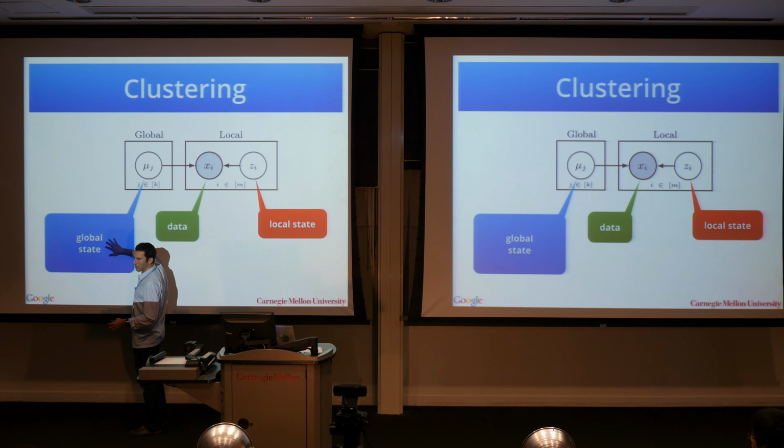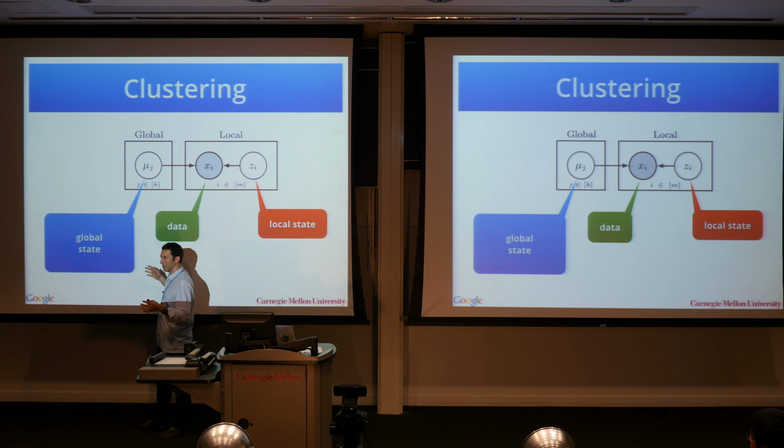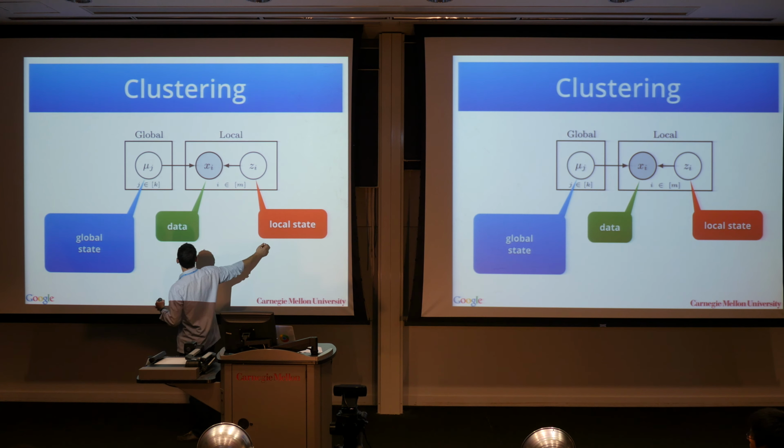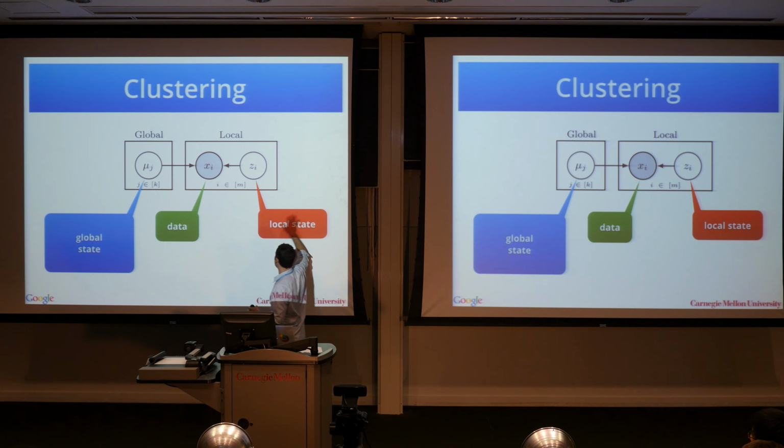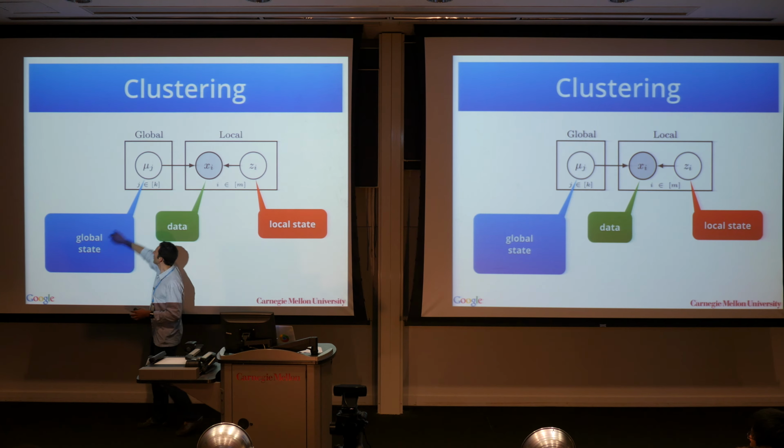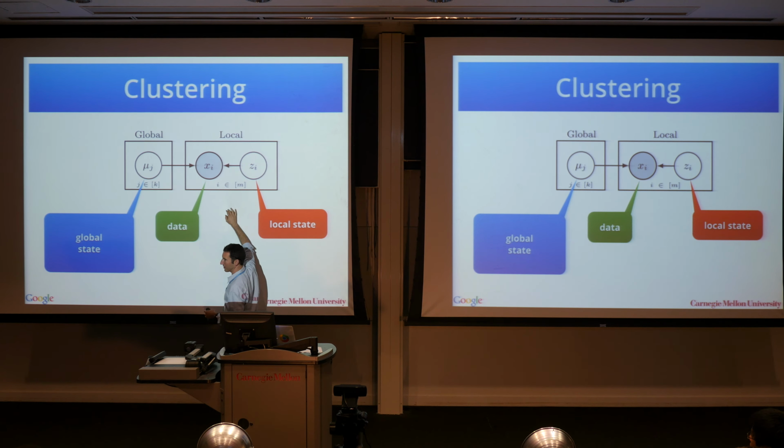And if I knew the prevalence of the colors and what their corresponding distribution would be, if I just had that correct number on all the machines, that's all I would need to do to solve things locally. So then the data is just purely local. It sits on individual machines. And then, for each individual pixel, I need to know what the local state is, basically, which cluster it belongs to. And if I just knew this accurately, then I wouldn't even have to share the rest, which would be kind of nice, but